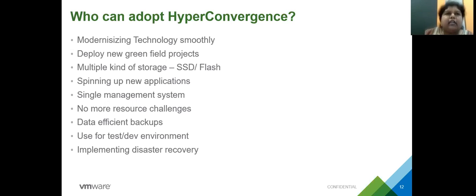In traditional storage, when you buy, it can be all SATA disk or all SSD disk or all flash disk. Based on the performance and the price you can afford, you buy different kinds of storage. But now in hyperconverged infrastructure,